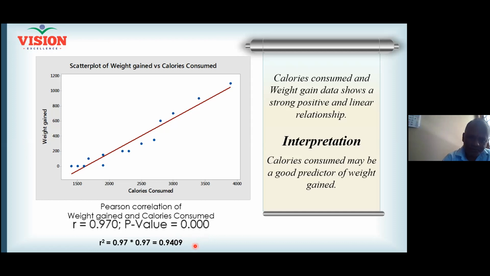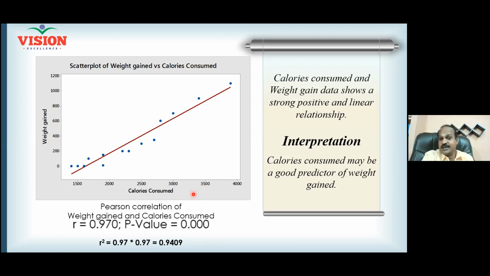Can somebody now summarize the conclusion? What does 0.94 mean? 94% of the time, the calorie intake explains the weight gain. Okay, very good. I'll slightly modify it. 94% of the changes you are observing in his weight gain are due to the changes you are making in the calorie consumption. Now you are the dietitian or the nutrition consultant for that person.